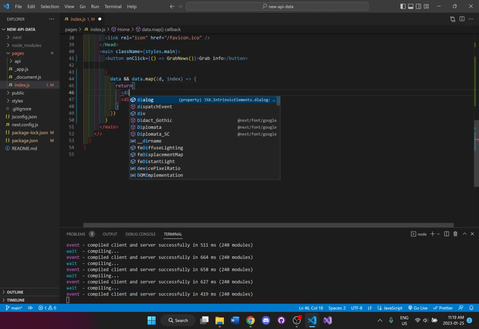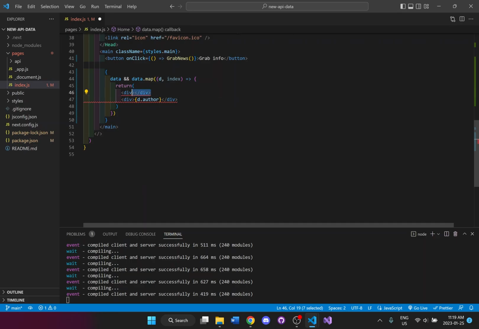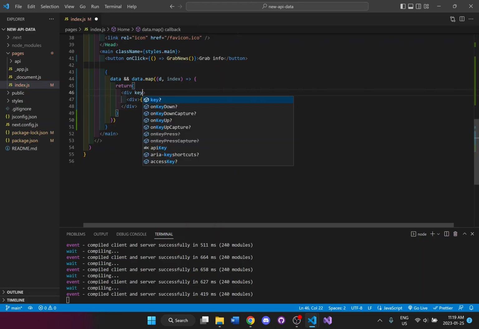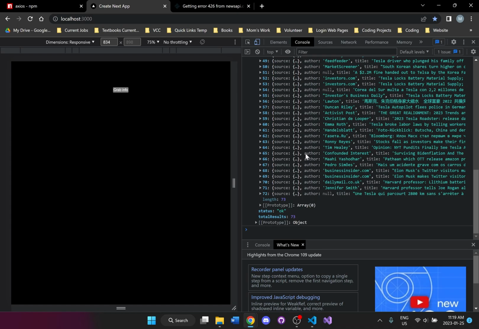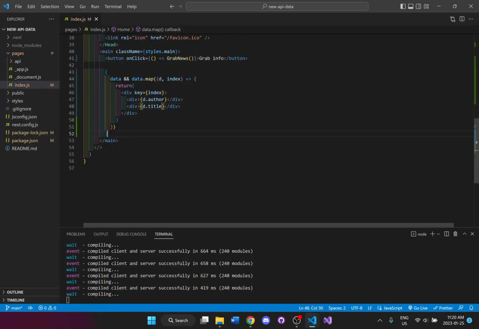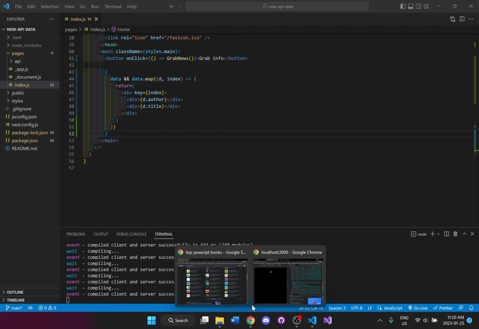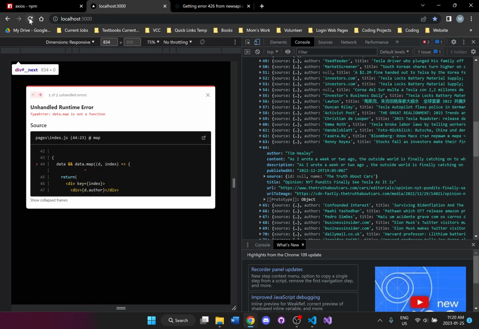And I could wrap this entire thing, let's say, around everything. And it'll grab the index to make each iteration unique. I'll put another div here. And this one, I'll grab whatever else there was. So we're getting author. Let's also grab the title as well. Save it. And we'll go back to the web browser.